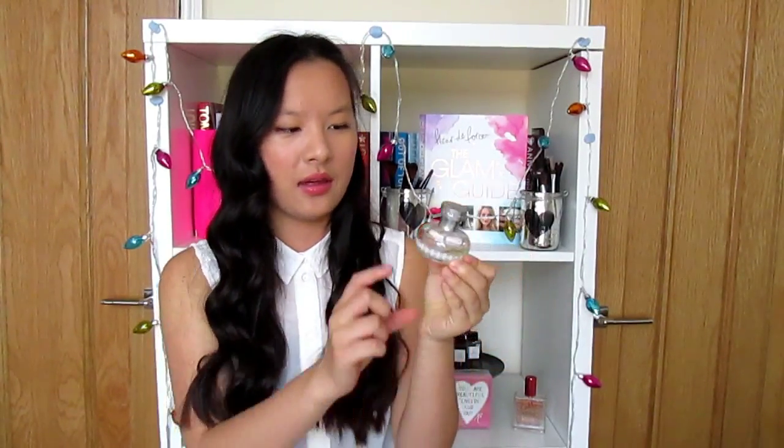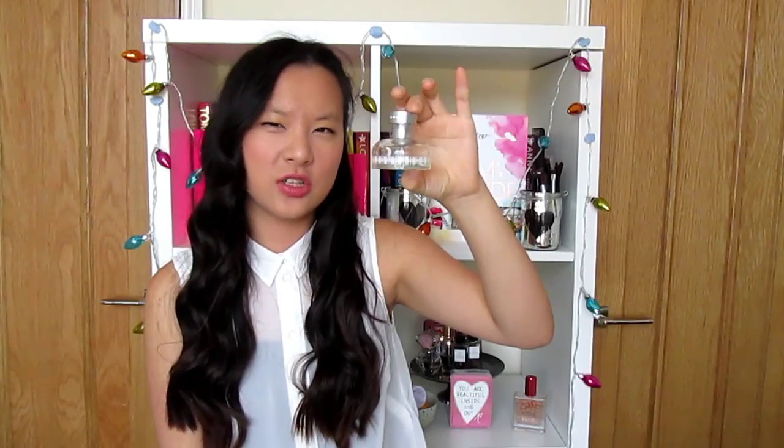The next thing I would take is some sort of spray or perfume. This is Burberry. It's a very small container, as you can see, which is great for the plane again, as it is only 30 millilitres, so it's perfect actually. This smells amazing, and I haven't worn it for a long time. It's quite a strong smell, but I really like it, so that is one of my must things to take